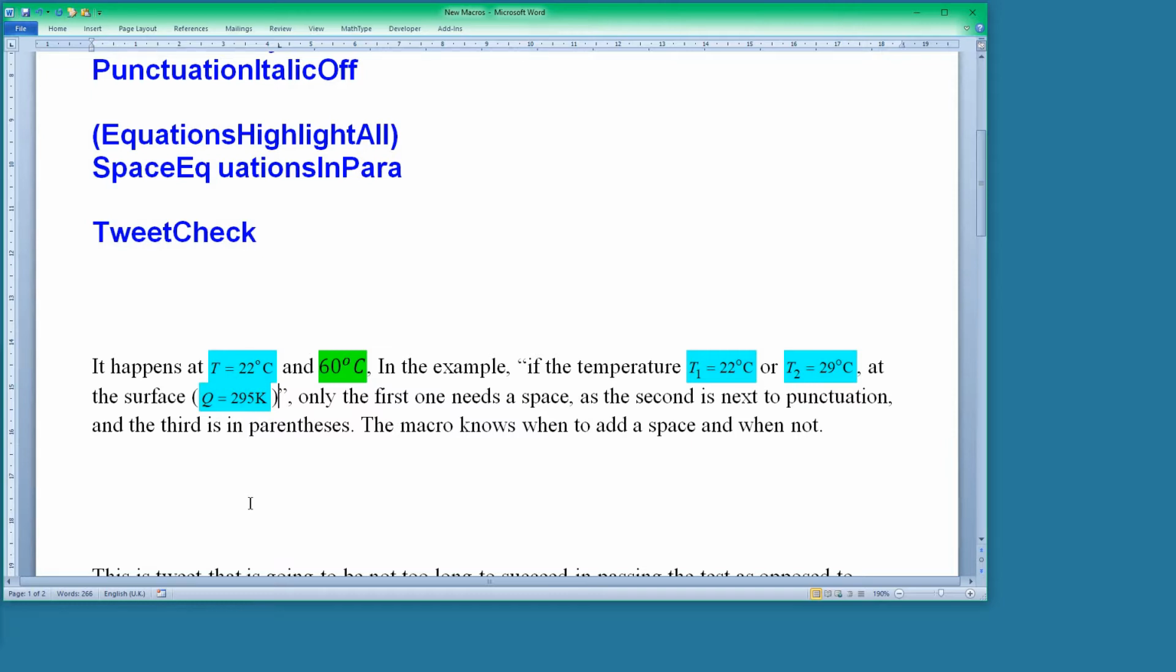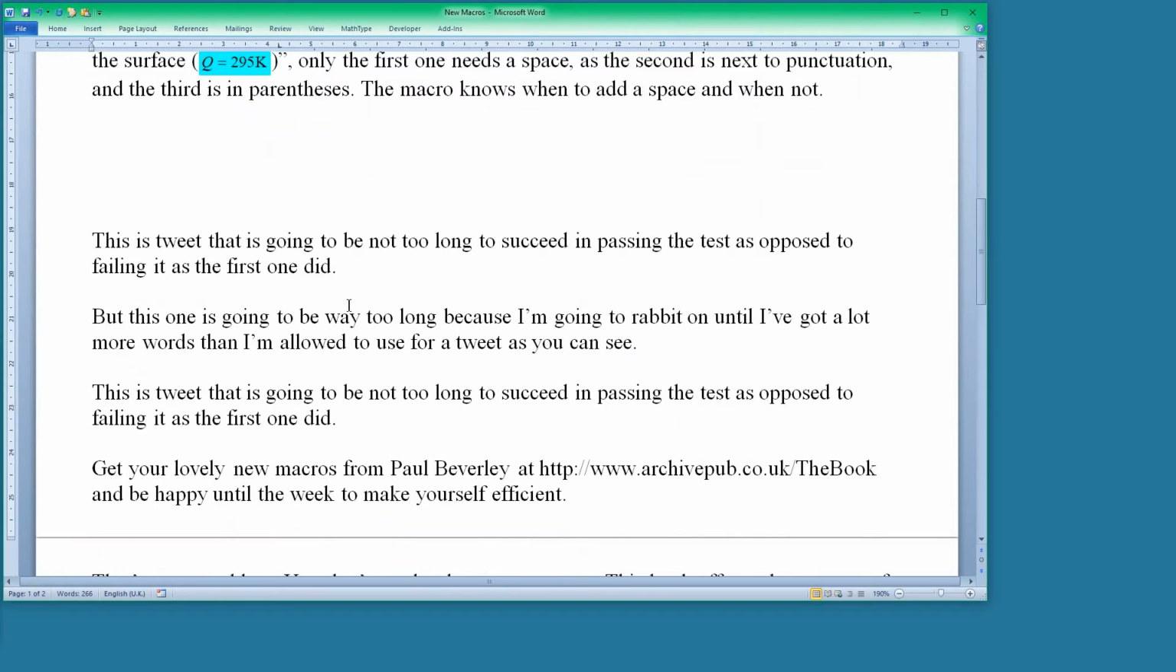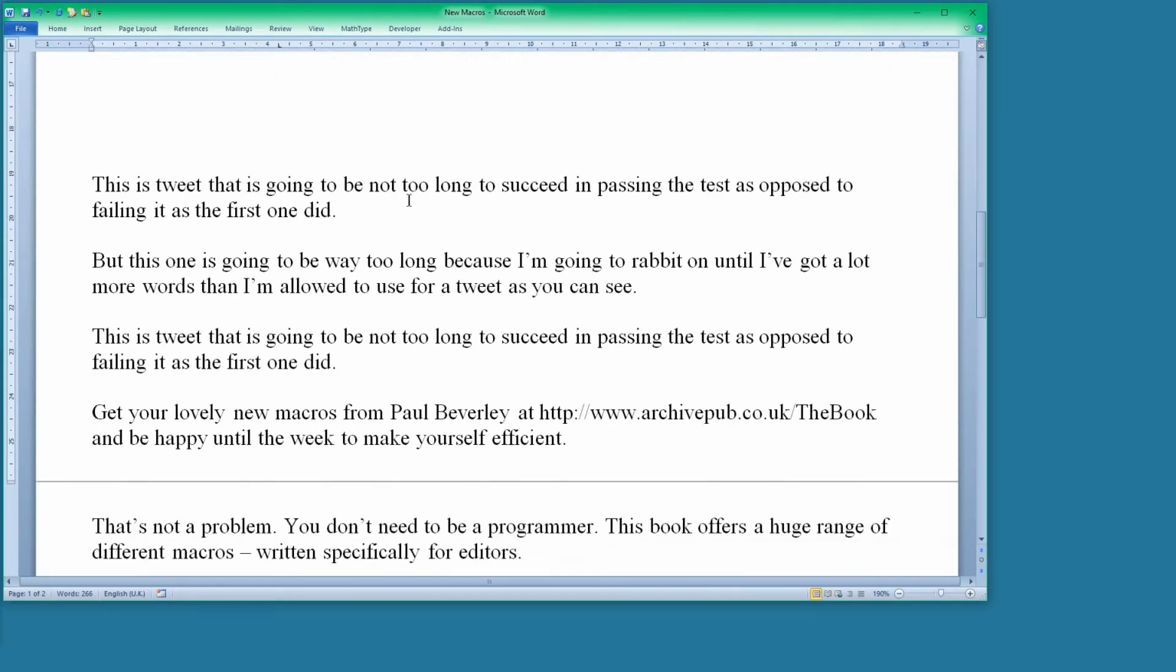And finally, checking tweets. If you've got tweets that need to be checked that they're not too long, you can check an individual tweet with the macro. That just checks the tweet at the cursor. So if I do that for the next one, that one's too long, but the highlighting comes on to show me how long, so I can knock out a couple of words,